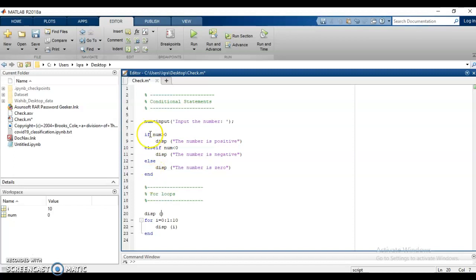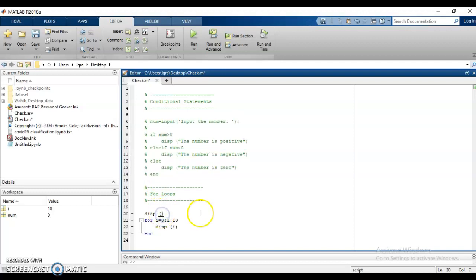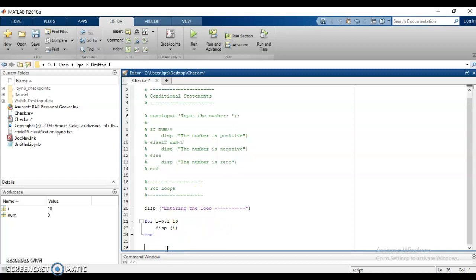So if I comment this section out for right now and display the command 'entering the loop', it's just for understanding, so that we know when we have entered the loop and when we have exited it. Display 'exiting the for loop'. So here we are entering the for loop, and here we have exited it.